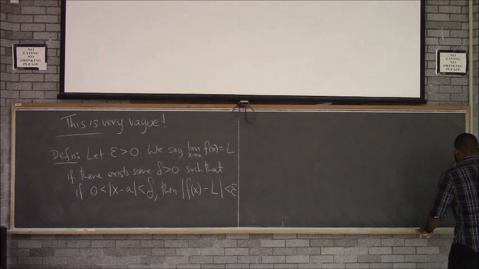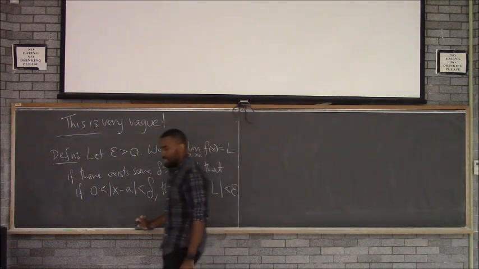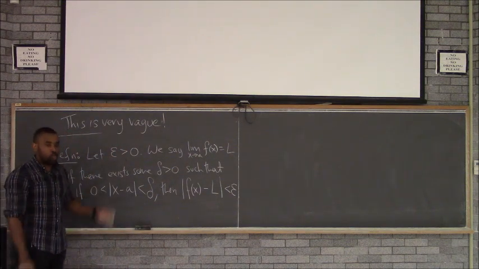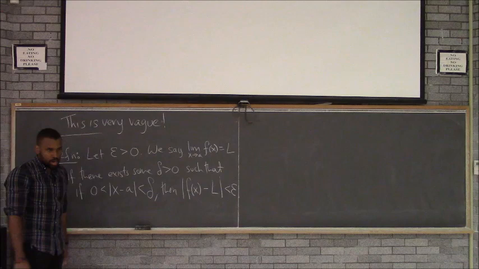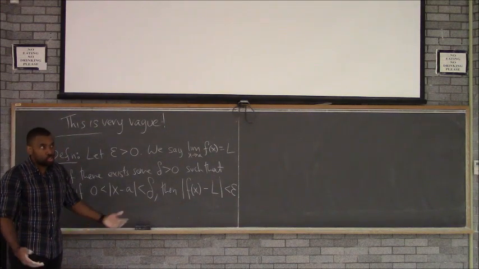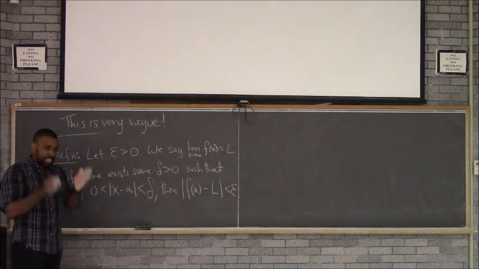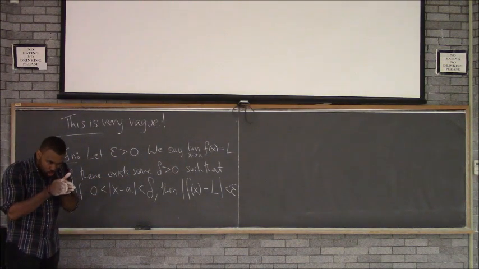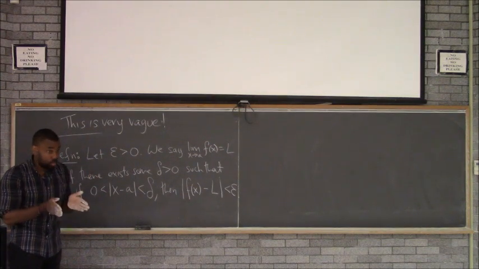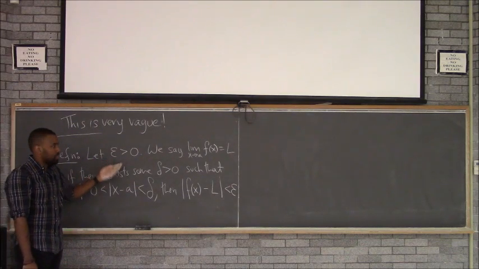Epsilon is the tolerance. Epsilon is what the person who happens to be looking at the problem at the time says: I think that would be close, right? This is my idea of what's close. So someone can give you a number here: 1, a half, 0.00000000001, whatever. They can give you any positive number, and say that distance is what I consider close. Someone can say this distance is close enough for me, and someone else can say that distance is close enough for me. They're going to give you some number, some distance.